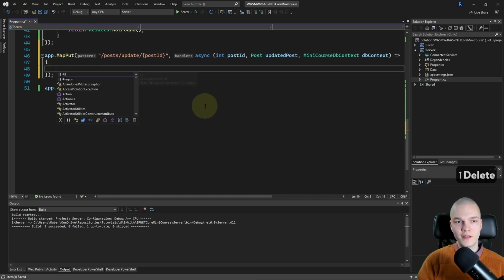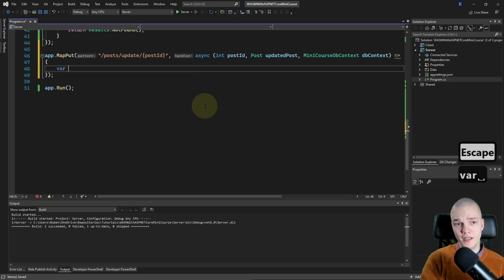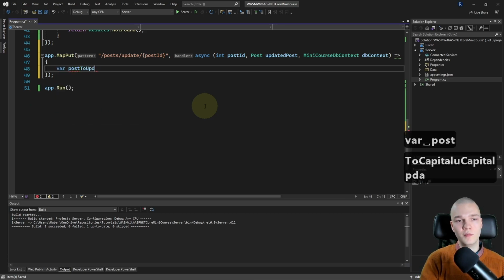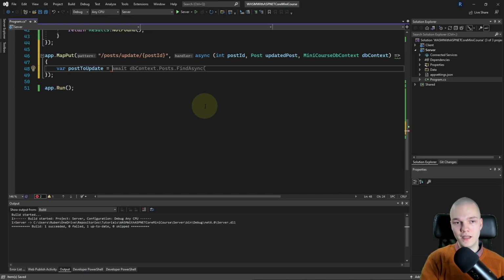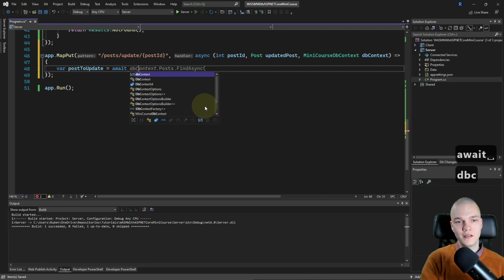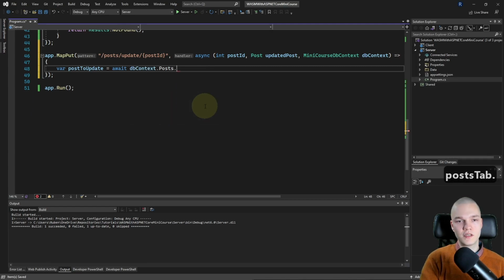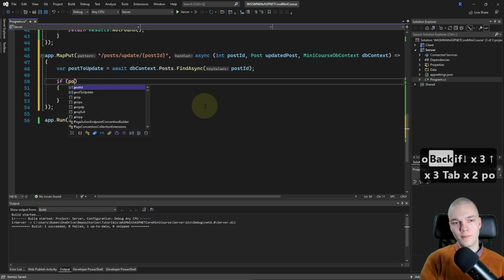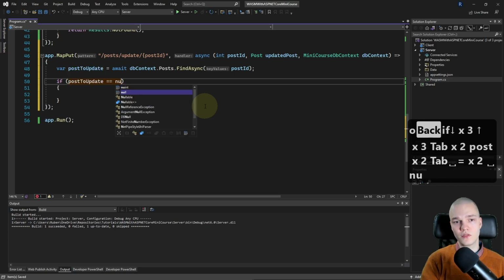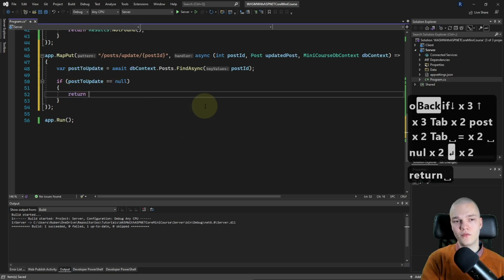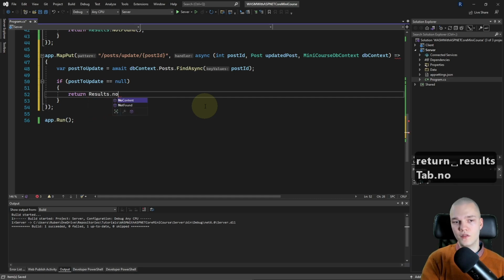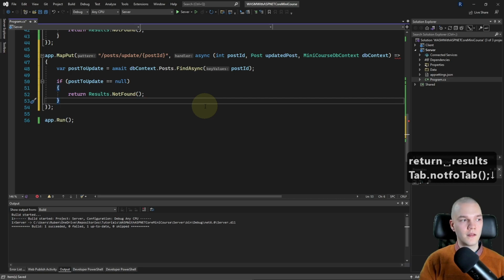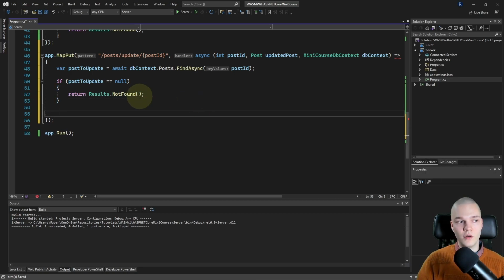So I'll just remove everything, and I'm gonna declare a var post to update, and let's get it from the database. So I'm gonna do await DB context dot posts dot find async. I'm just gonna pass in the post ID, and if that post to update equals null, then I want to return results.notfound. Else we'll continue on.